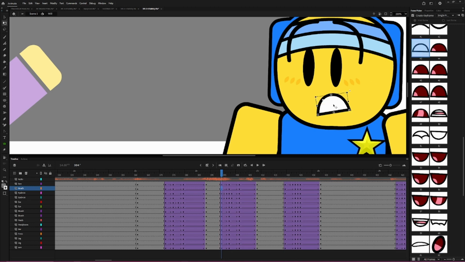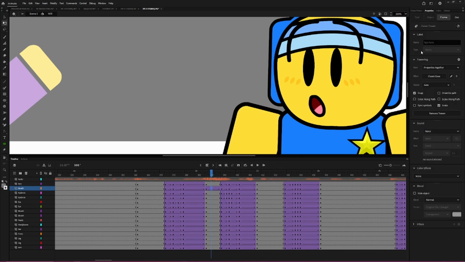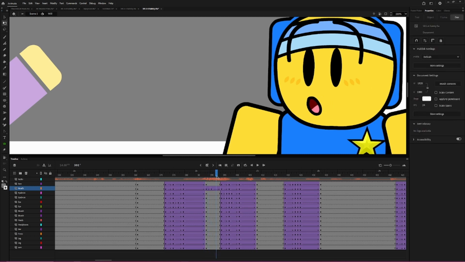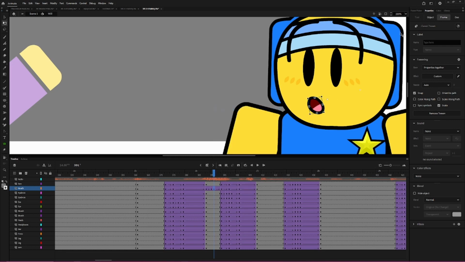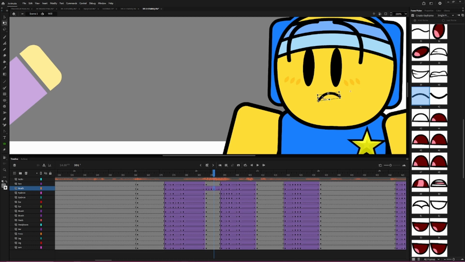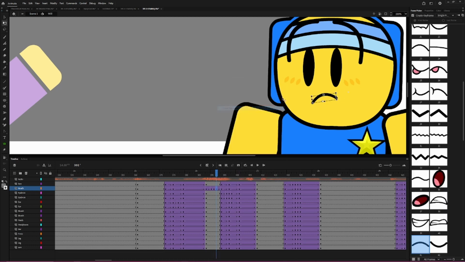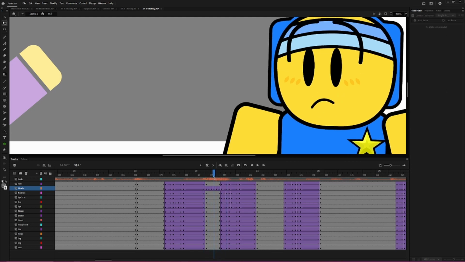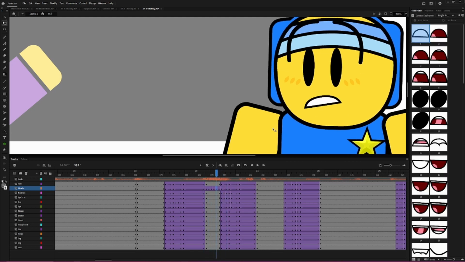So what we can do for that is we'll create a classic tween here. We'll change it to an ease out for this. So on this frame we will crush this mouth a little bit. And then on the next frame you will go to just a pair like this mouth. I'll make it a little bit smaller. And then we'll change back to our S mouth. So that's a little bit rough, but